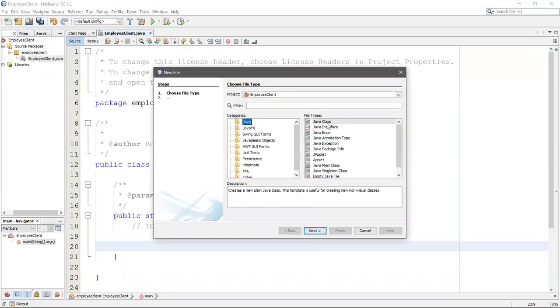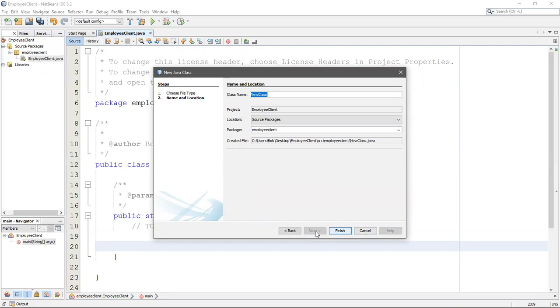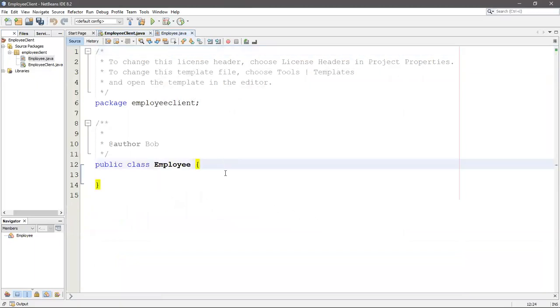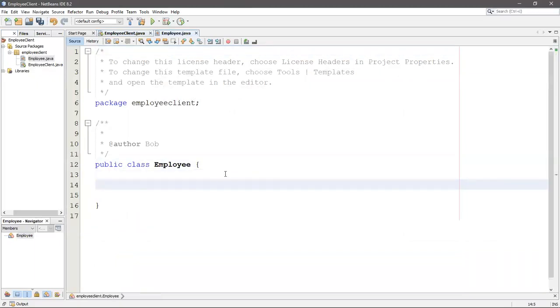I'm going to choose a Java class, next, and I'm going to call it Employee. Pressing Enter. Notice how it's in the package Employee Client, right? That's very important. And then we're going to build it. So how do you want to define this? You can say something like